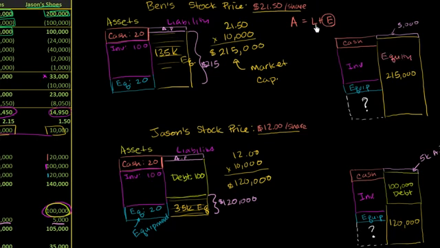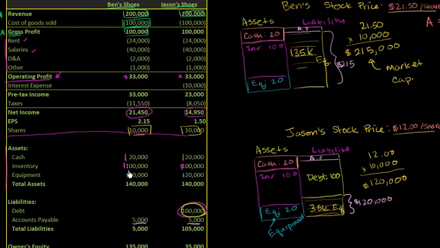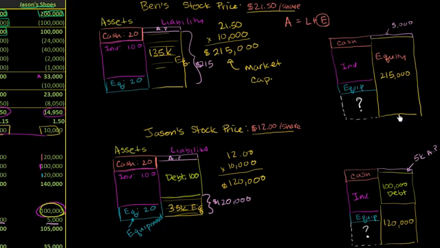So let me show you that right over here. He had this $5,000 in accounts payable, also depicted over there. So the only liability is this $5,000. So the liabilities plus the equity in the case of Ben's company is $215,000 plus $5,000. So this piece right over here is $220,000. Now, you might remember from previous videos that the book value of the assets in Ben's company are only